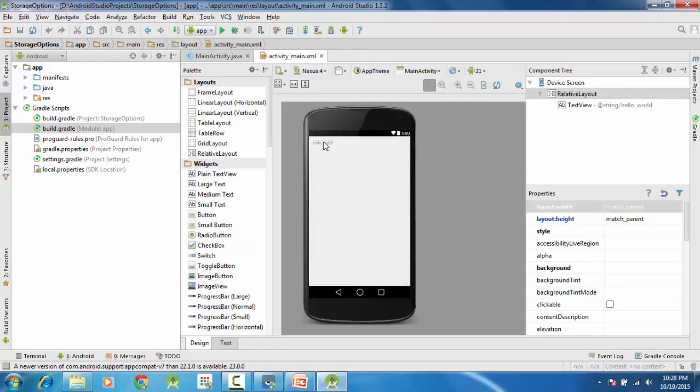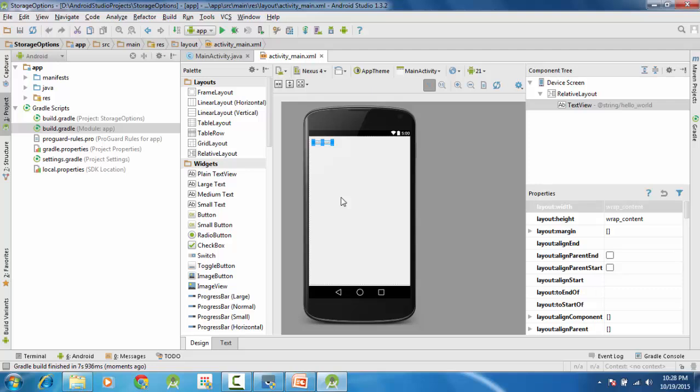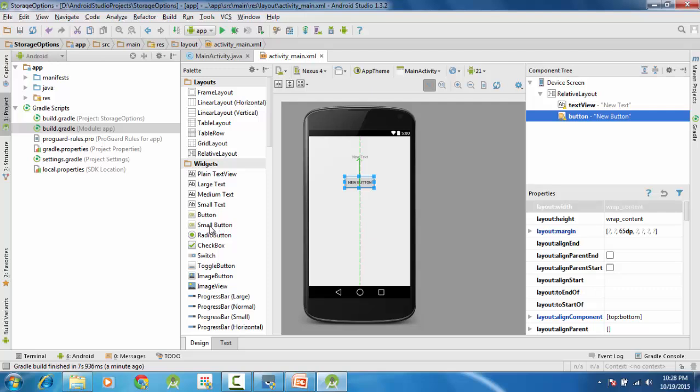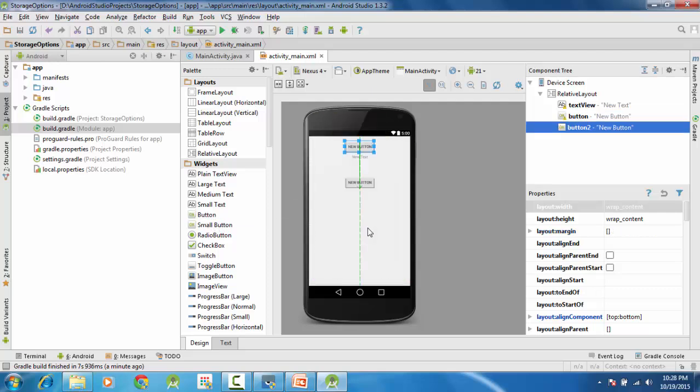Okay, so we have one hello world here. We don't need this hello world for now. This is our main activity. What we will do here is place one text view, and after that I will place two buttons, button number 1 and button number 2.